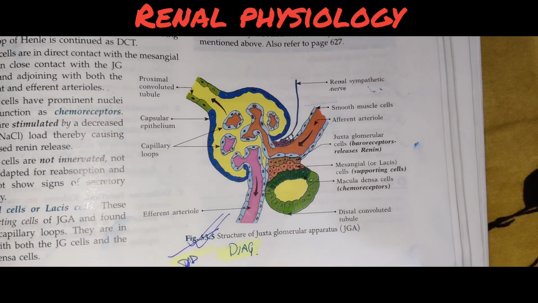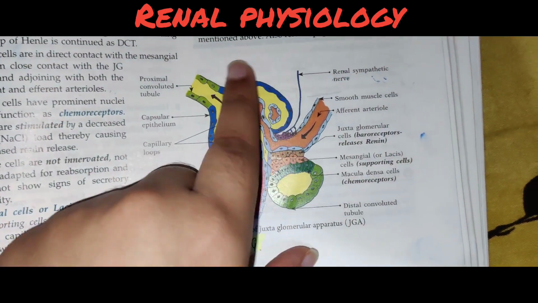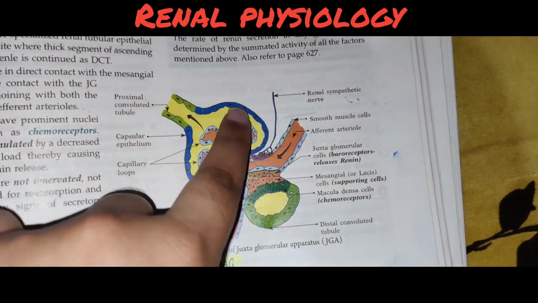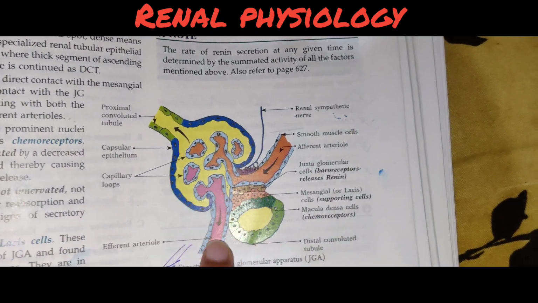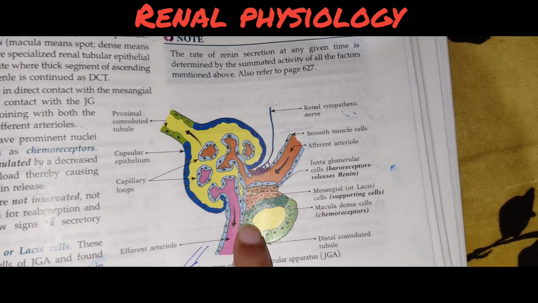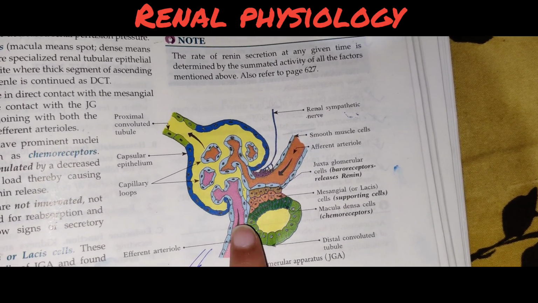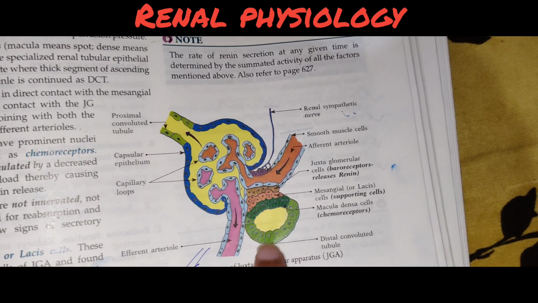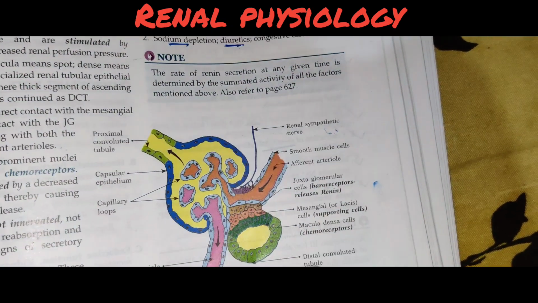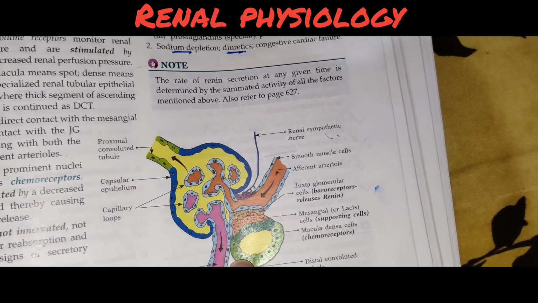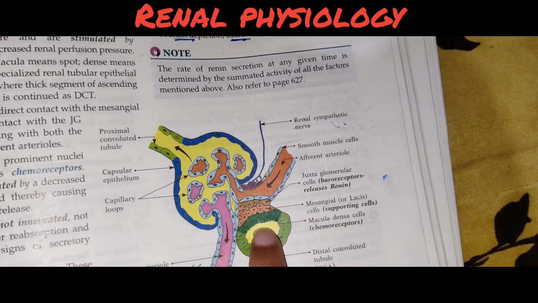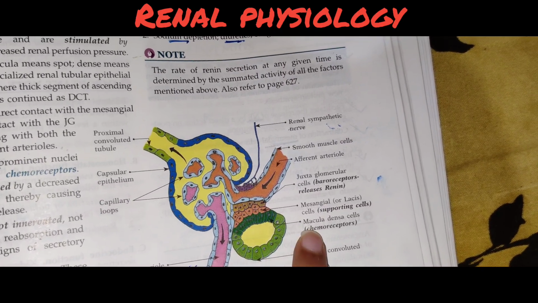Now let's see the juxtaglomerular apparatus. So what's this? This is the Bowman's capsule. This is the afferent arteriole. This is the glomerular capillaries. This is the efferent arteriole. As we discussed earlier, some cells of the DCT, this is the DCT, distal convoluted tubule. We are seeing the cross section, so this is the DCT. So some cells of the DCT in contact with the arteriole become columnar and are known as macula densa